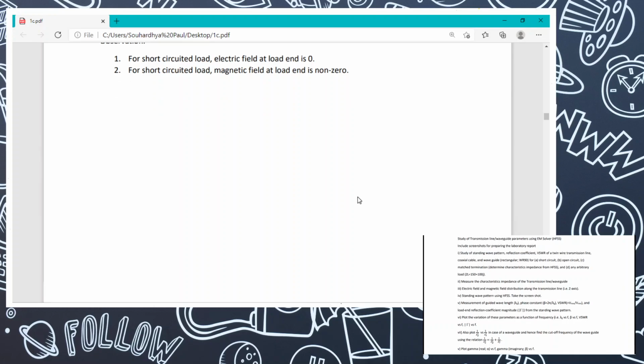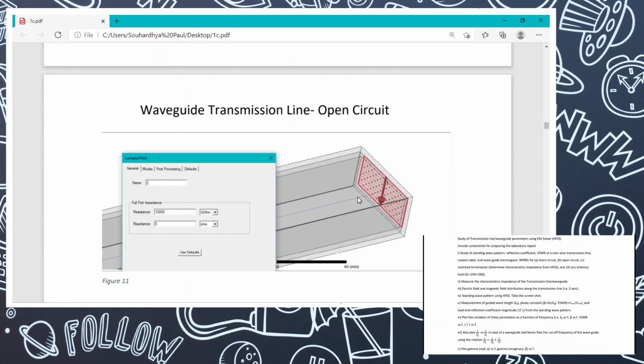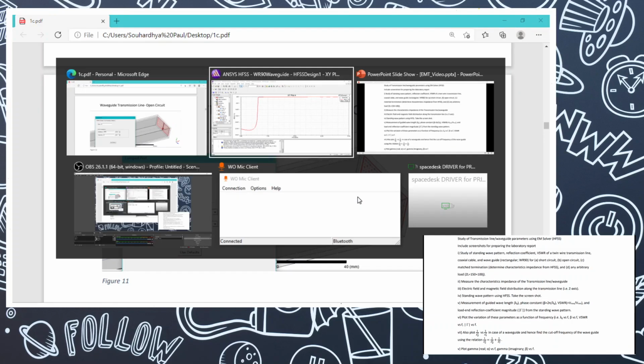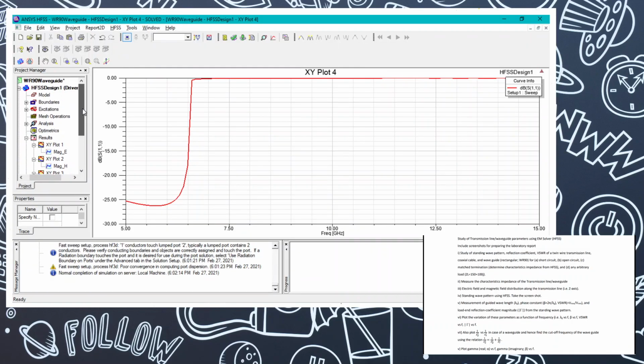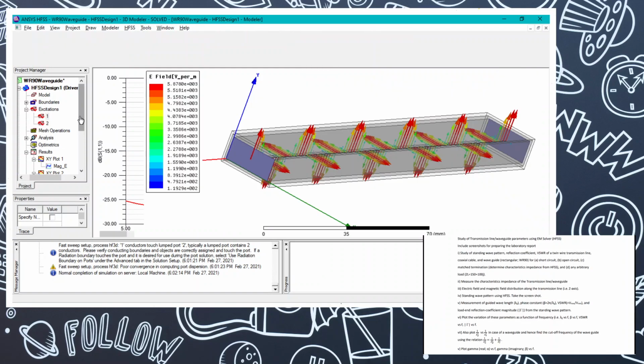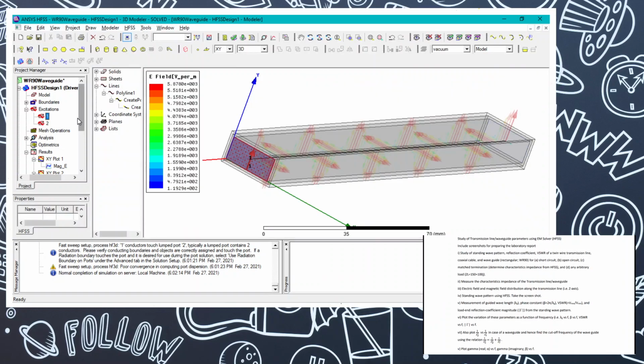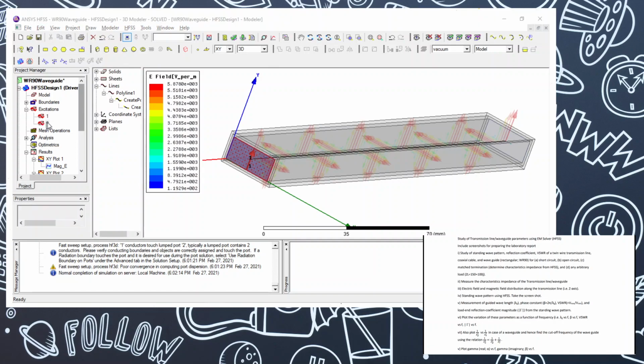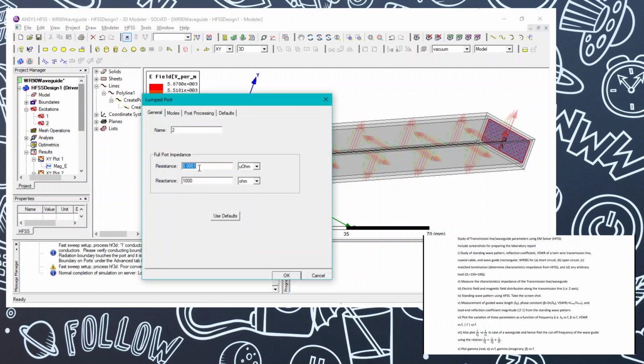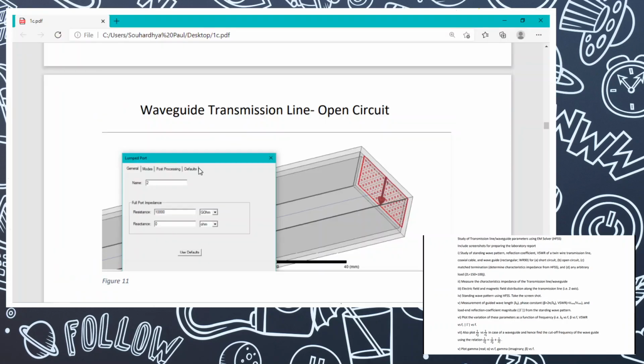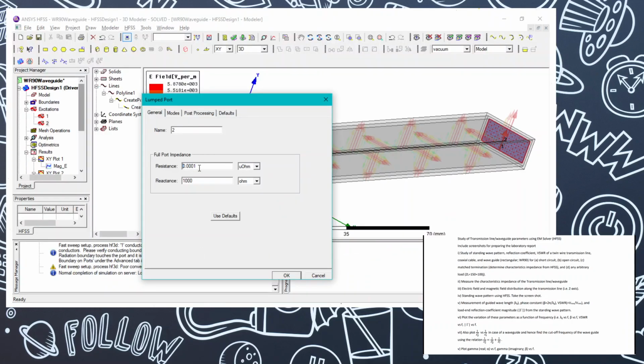Then after that you can write the observation part, and similarly for other conditions like open circuit, we can just do one thing, that is, write the excitation part, and on the second port, not the first port, we can just change the values. For open circuit, impedance should be very high. I am here assuming 10,000 ohm. So 1 2 3, and this is giga ohm.